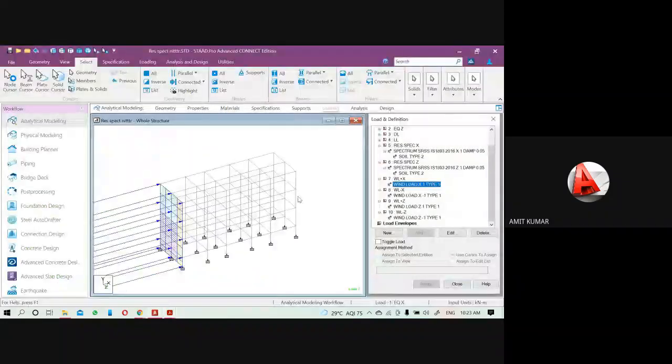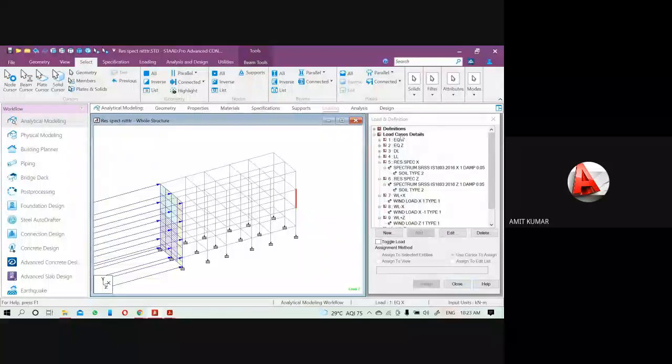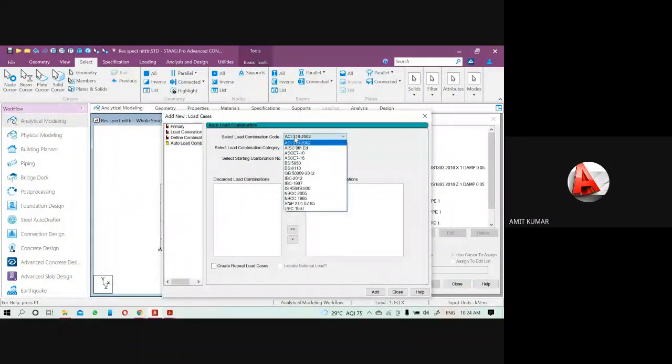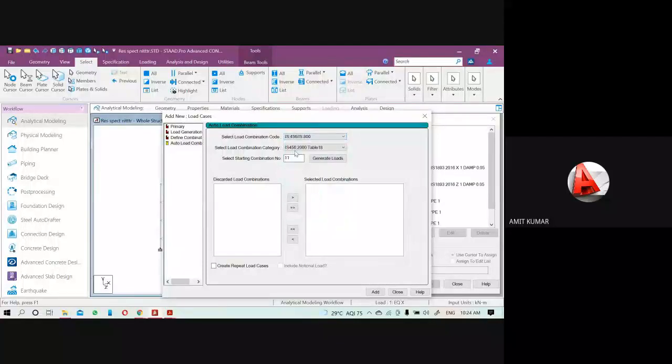So how to pick it? Come to the load case detail, click on add, and come to the auto load combination, pick the IS 456 code. For the IS 456 code, we have Table 18. This Table 18 will basically help you to create the envelopes.